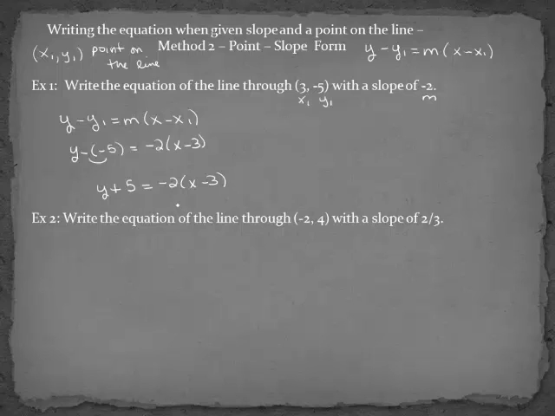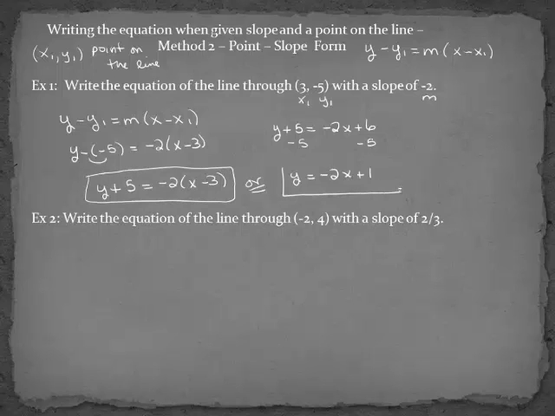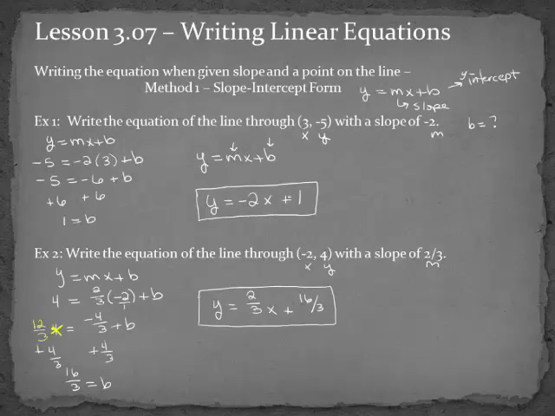However, if I wanted to convert it, I could distribute that -2, subtract 5 from both sides, and I will get that y is equal to -2x plus 1. So either of these answers is correct. They're just a different format for giving me the same line. It's the same line, it's just a different way of looking at the line. And if we go back to our previous example, we can see we got the same exact answer.